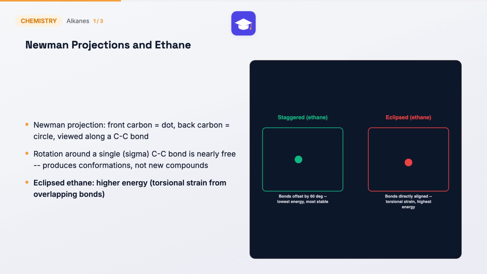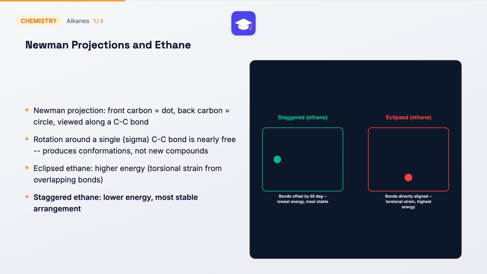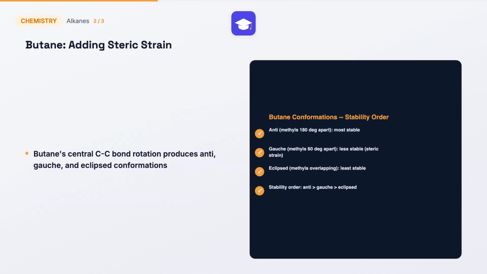is the higher energy, less stable arrangement, because of the electron-electron repulsion, called torsional strain, between the eclipsed bonds, while the staggered conformation, where the back hydrogens sit exactly between the front ones, is the lower energy, more stable arrangement. In butane, each carbon now carries a bulky methyl group instead of just